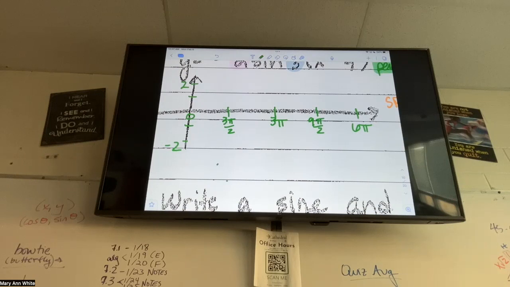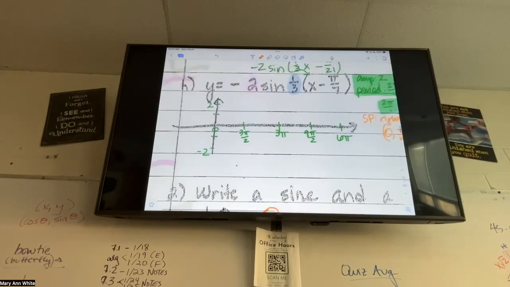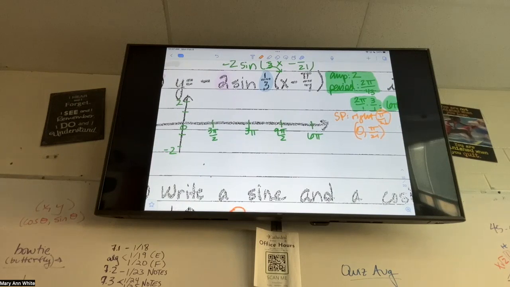Okay, that's not what I want though, because I want to move everything to the right, pi over 21. So I'm going to move everything to the right, pi over 21. I did those green angles to give myself kind of a guide. Now I'm going to take that green angle and add pi over 21 to go to the right. The confusing part here is we're just doing some fraction work. So 0 plus pi over 21 isn't hard because that's just going to be pi over 21. But when I have to do all the other ones, like 3 pi over 2